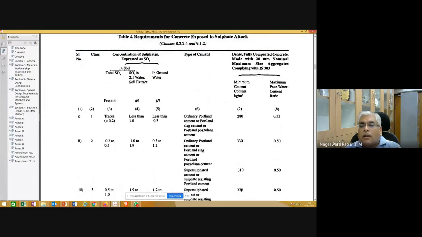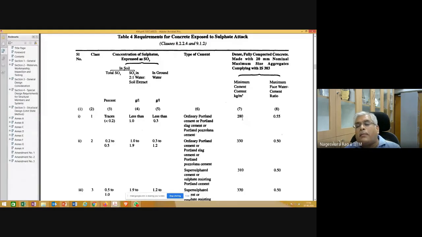Okay, and the next column, the 7th column, is giving you the minimum cement content. You can see the units here, kg per meter cube. Per meter cube of concrete, what is the minimum cement content that should be there in whatever concrete you are planning to use under this situation. And what about the next column? Yesterday somebody asked about water cement ratio. What is here? You can see here cement is in kg per meter cube of concrete, and 2.8 is the minimum cement content.